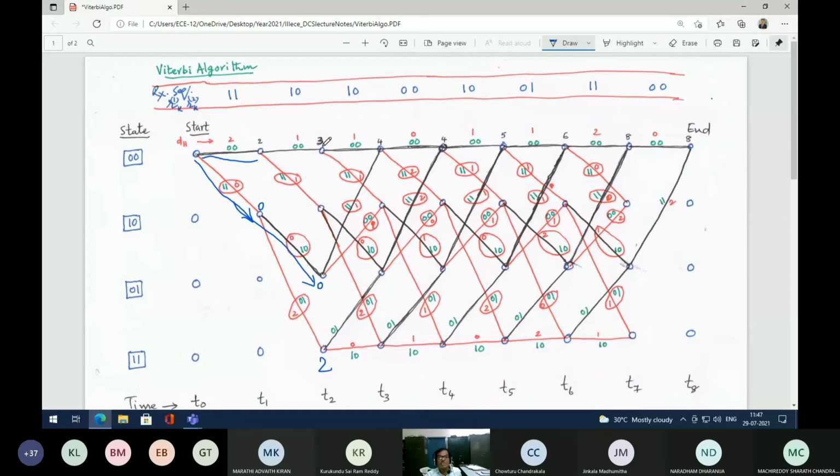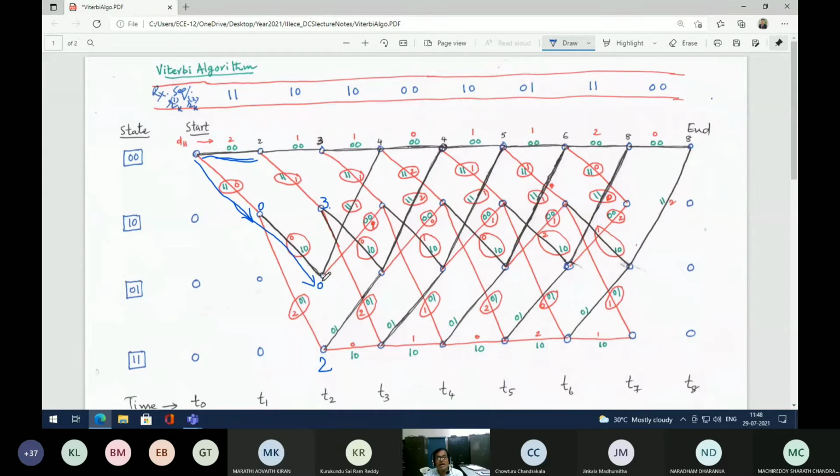Now let us come to this point. Actually, we already have 3 here, correct? We already have 2 here because from here to here is 2. From the moment I move from T1 to T2 on this particular node, 2 plus 1 is 3, which I already wrote here. This is 2 because there is no other way. 2 and then 1. This is 3. This is also 3. Both are the same. Anyway, I am not going this way right now, as per our problem's received sequence. So I'm moving from here.